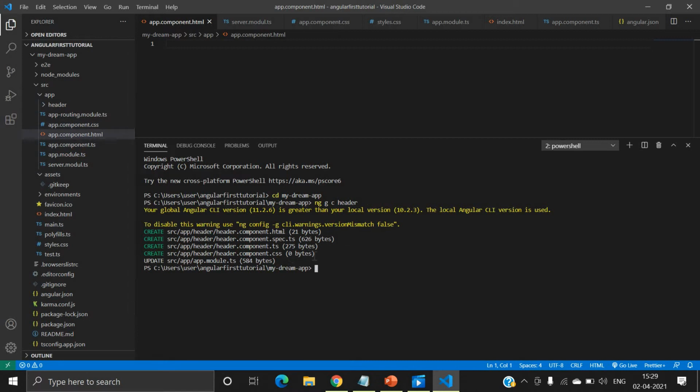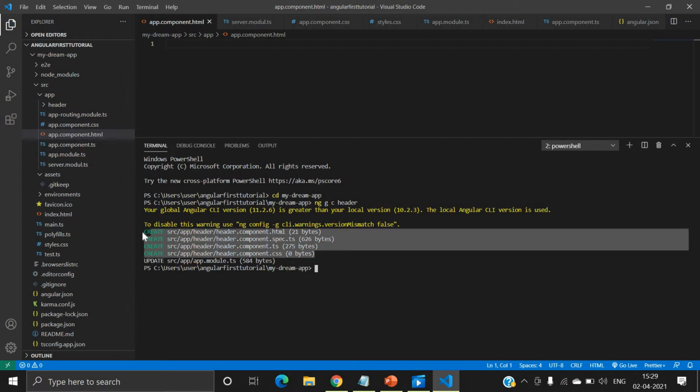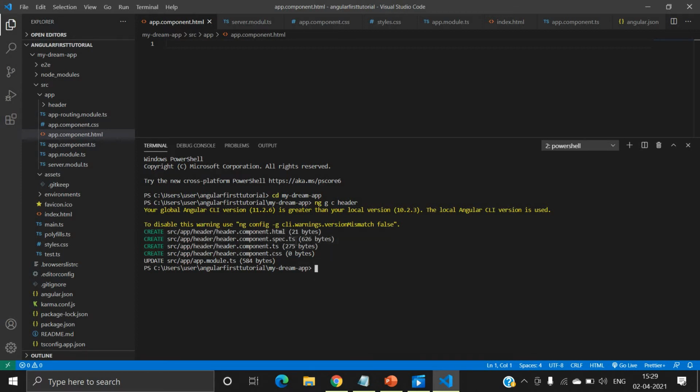Now here you can see there are some files which are included in one component. First is html, second is spec.ts, third is component.ts, and fourth is component.css. So I will create another component like ng generate component footer, right?